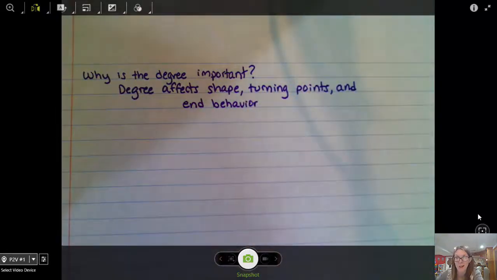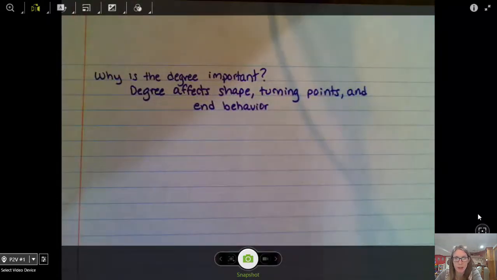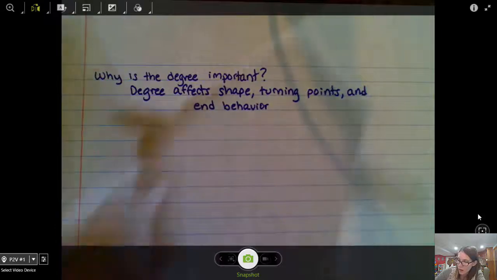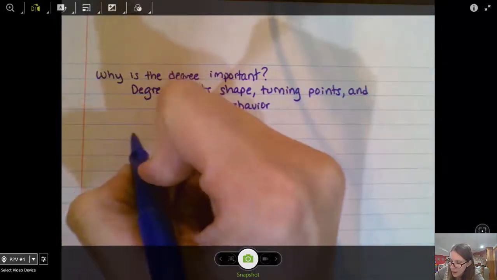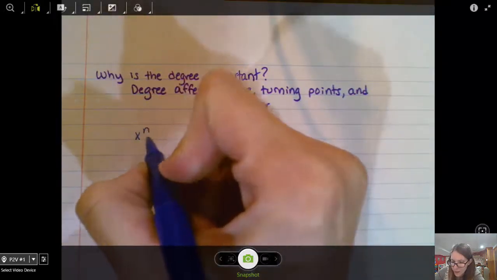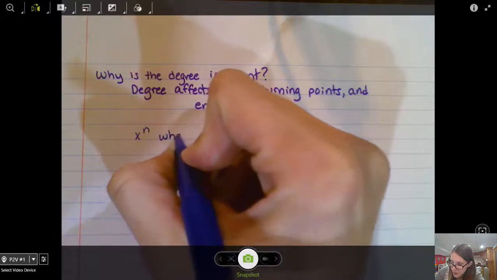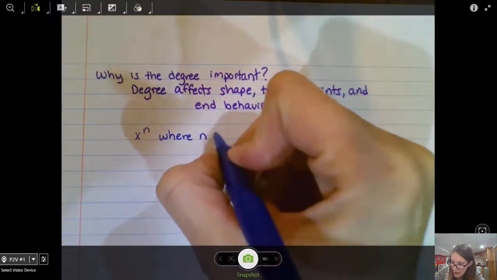And this concept of end behavior is really important, not just in our polynomial chapter, but when we get to pre-calculus and calculus, eventually. End behavior is a really, really big concept for us. So end behavior is looking at what the ends of our graph are doing. Okay, so all polynomials that are in the form x to the n power, where n is even,